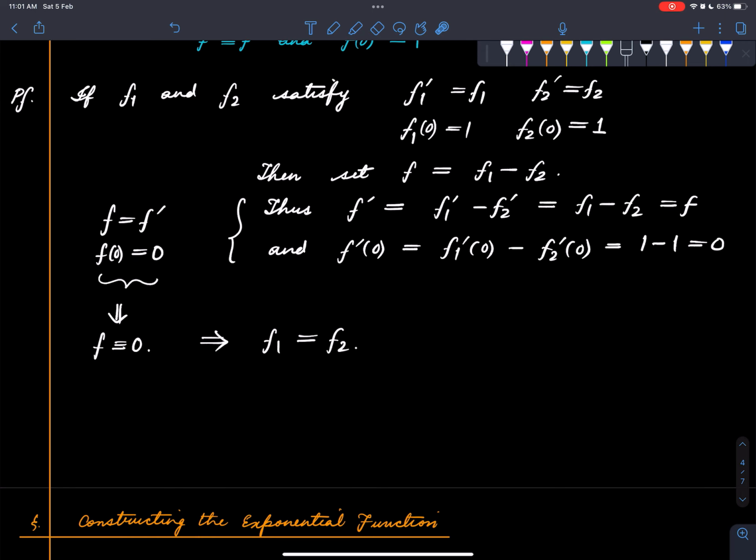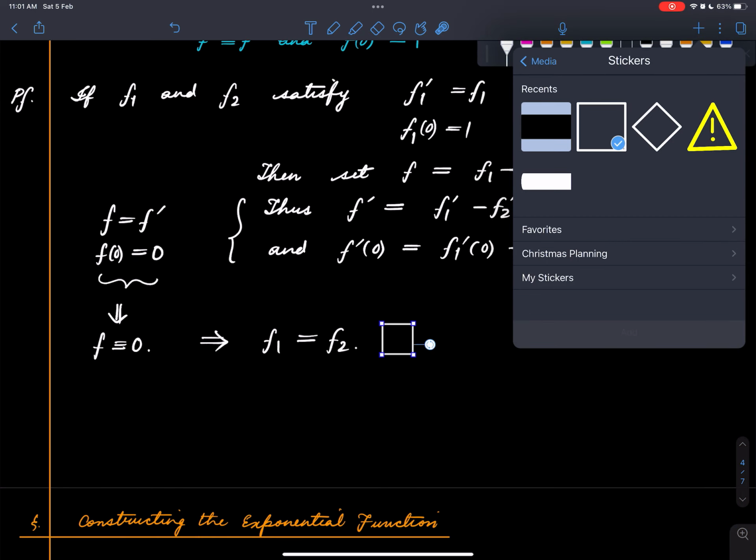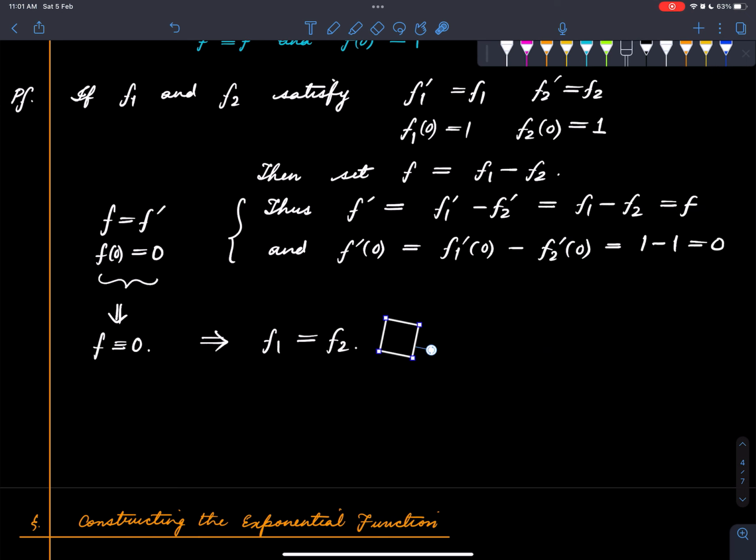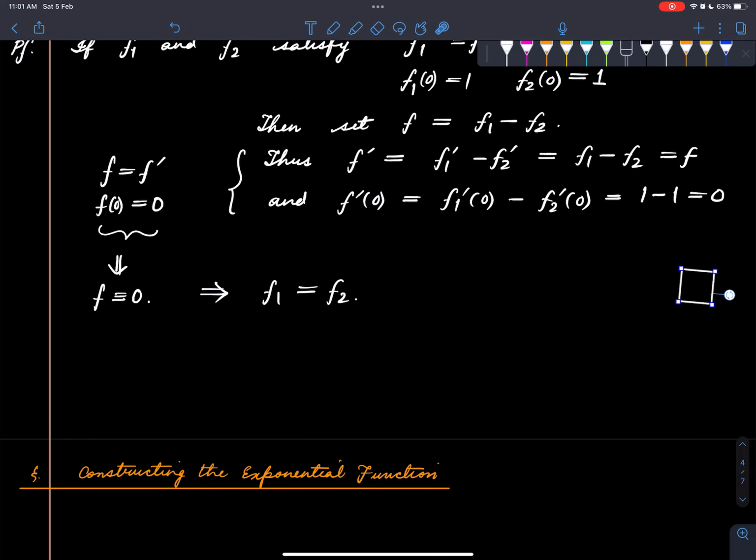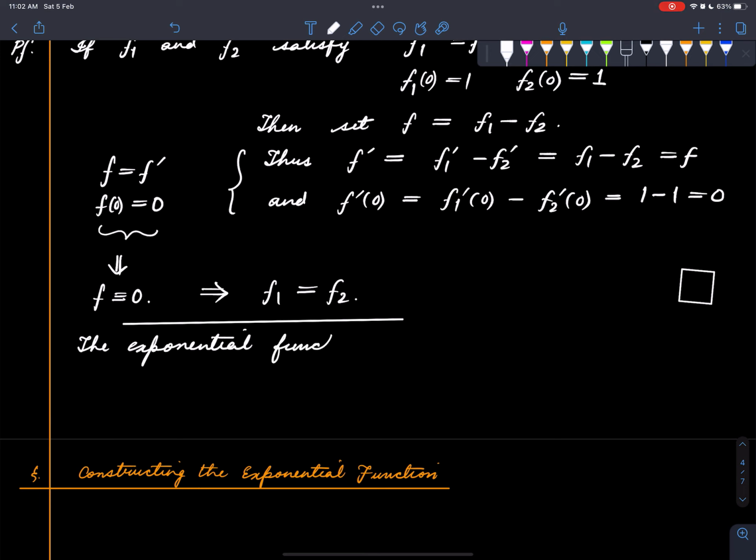So this corollary is proven, and now we define the exponential function as